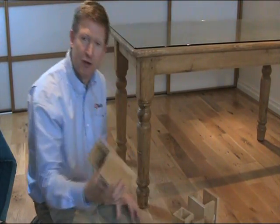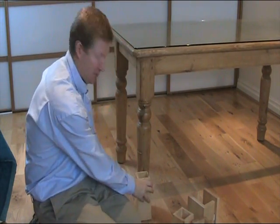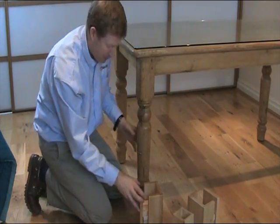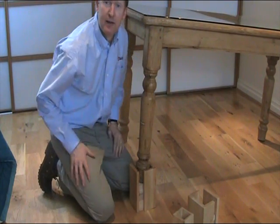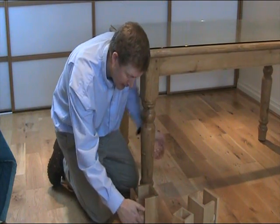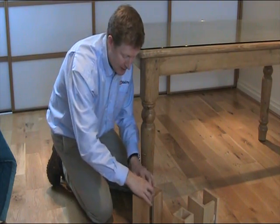If we use this table as an example, if we tried to use this block here, then it wouldn't fit on this chair leg or the table leg of this size. It would need to be thinner. But the Magnum Bed Blocks have a bigger diameter. So if we want to raise the table up, then that's probably too much for a table. If you needed to get a slightly higher chair underneath, then you can use these